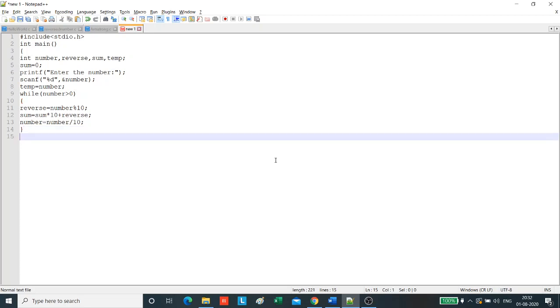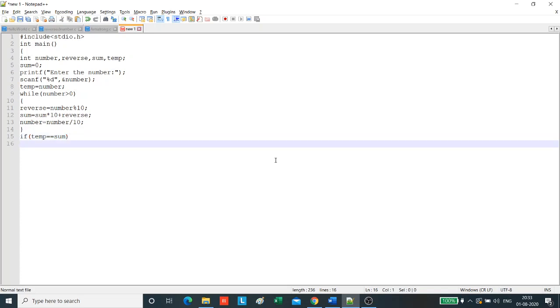Now once we come out of the loop, for reverse the program ends here. We just have to print the reverse, but for palindrome one more step is there. We will have to check if the temporary variable that stored the original number is equal to sum or not.